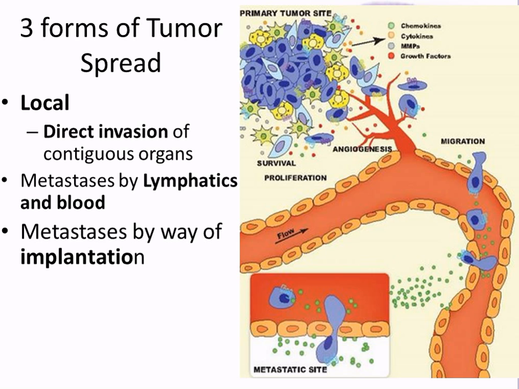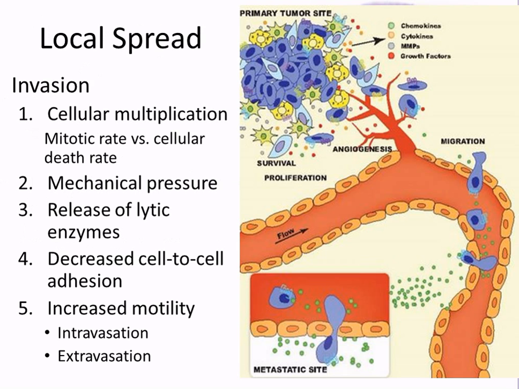And then once it gets into the lymphatics and the blood, it can move downstream. When it's moving downstream, it wants to invade. It's floating along slowly. Now it's going to start grabbing hold. When it grabs hold of this side of the blood vessel, it's going to try and invade in. So it's going to release enzymes. I kind of mentioned this before. It releases enzymes that invade into the wall. It actually grows this little thing like a podocyte, or a foot cell. So it's a pseudopodia, technically. It's a false foot. It grows its foot and kind of wedges its way into the doorway and pulls itself in.